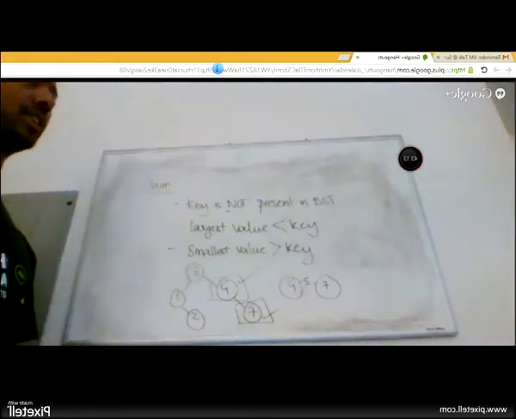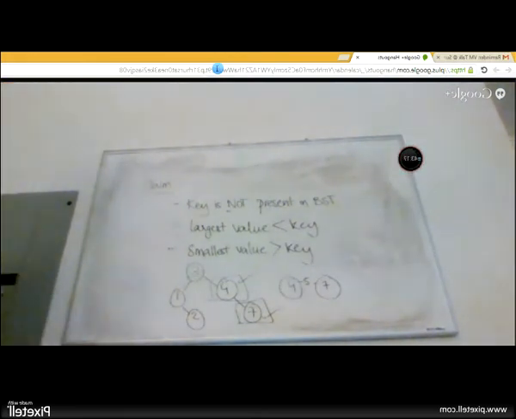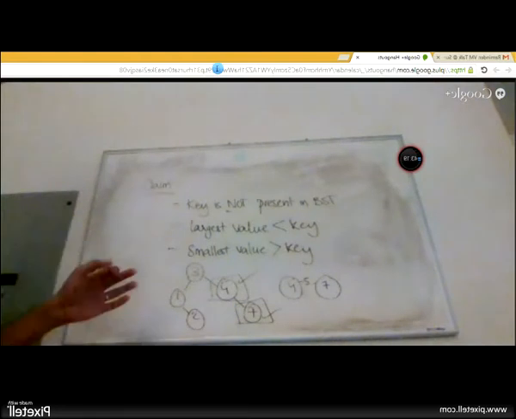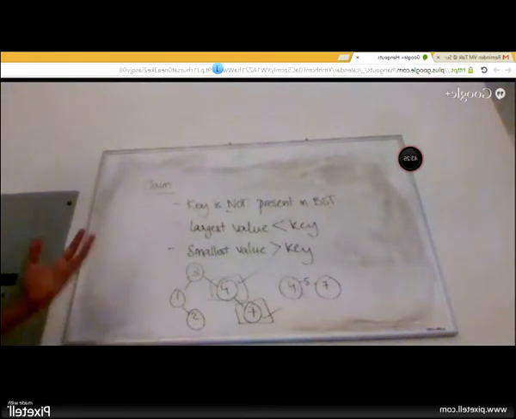They won't specify your data structure. So that is the most difficult part, to actually find out which data structure can answer your question. But the question goes like this. You're given an array, and it's a big array, and I'm going to give you a search key. You need to tell me if a search key is present in the array or not.